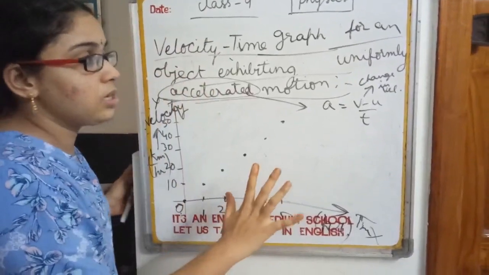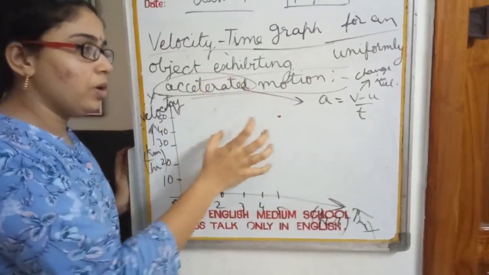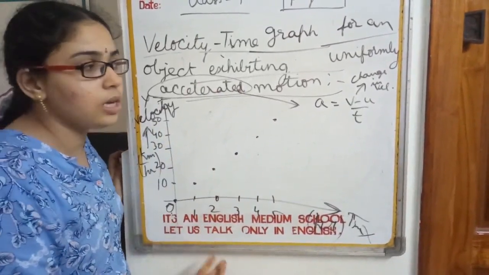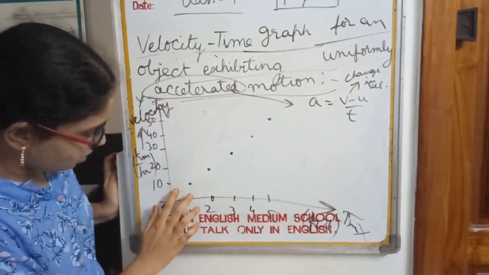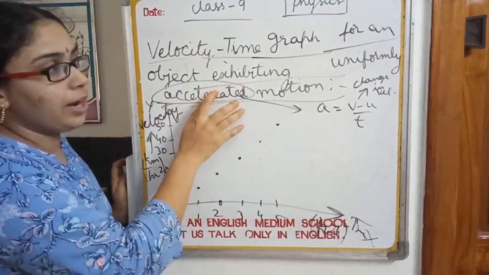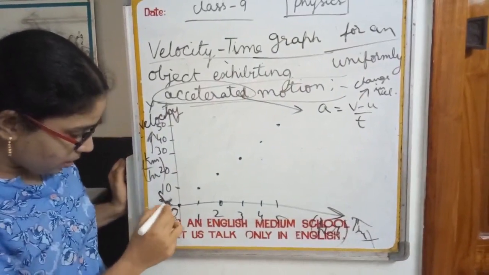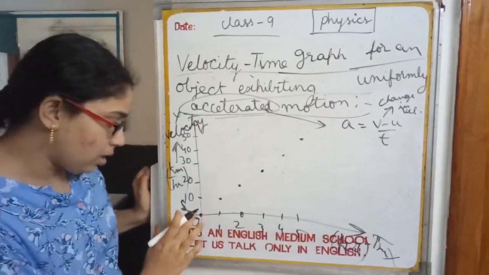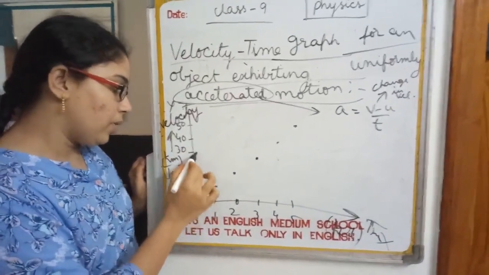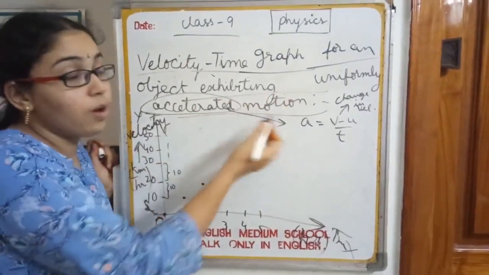Acceleration is said to exist for a motion exhibited by a body if and only if the object has a change in velocity, whether it is increasing or decreasing, okay. So here we can observe the change in velocity from 10 to 50. That is why it is said to be accelerated motion, and that too uniformly accelerated motion. Why? Because here we can observe increments in equal amounts: 0 to 10, the difference is 10, 10 to 20 also the difference is 10, 20 to 30 also the difference is 10, and so on, isn't it? So that is why it is uniformly accelerated motion.